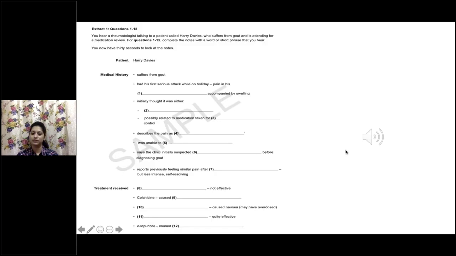Yes, my GP said I could try using an ice pack, and that did make a bit of difference, but you can't have it on all the time. So anyway, after that, she said, let's try allopurinol, see how you get on with that. So I started taking that, but I didn't get on with it. It gave me a skin rash. So I rang her up, and she told me to stop taking it, that I'd better see a specialist. So here I am. Is there anything more you can do? Well, I'm sure we can find something, maybe